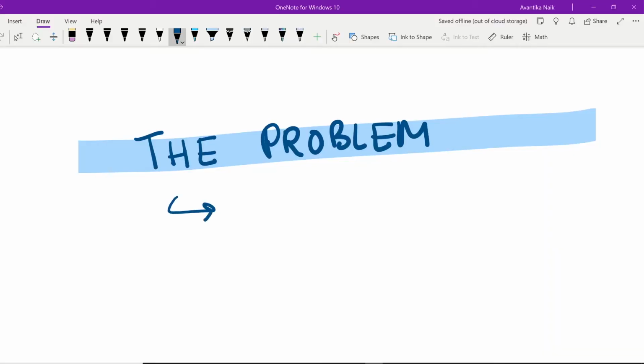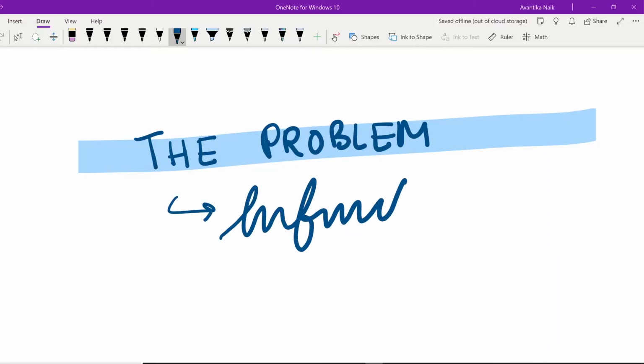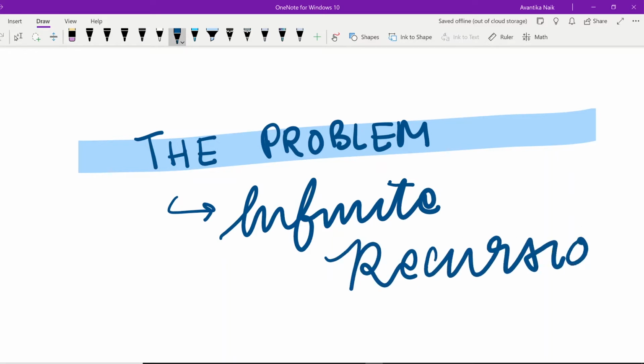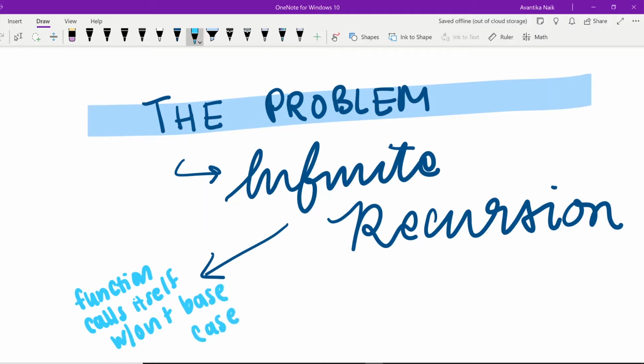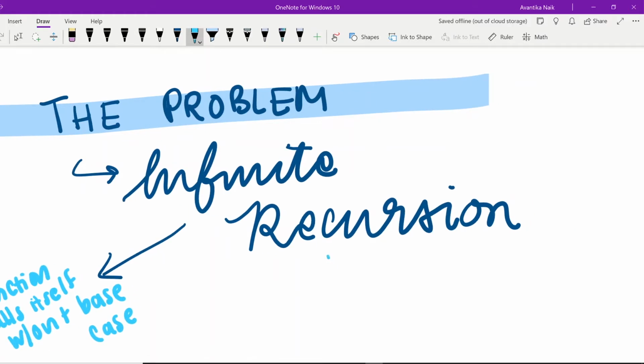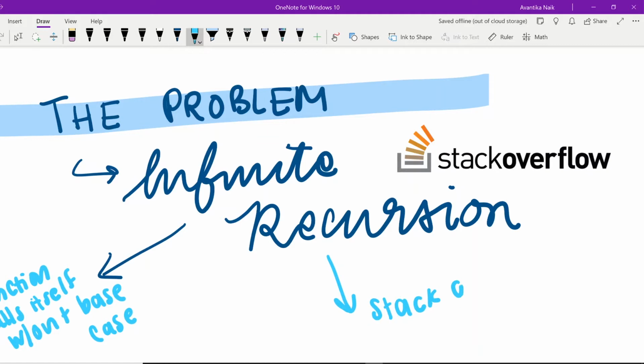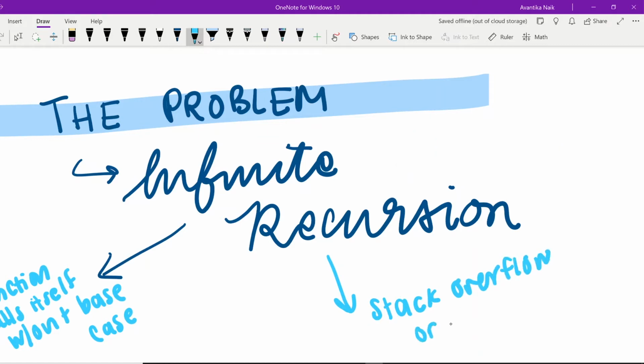In the video, he makes fun of infinite recursion, which is a problem that many beginner programmers face, especially when they first try to recurse. Infinite recursion occurs when you have a function that calls itself endlessly over and over again without ever reaching a base case. The only way to stop this is when you either have a stack overflow, or your program or your computer errors out and crashes.